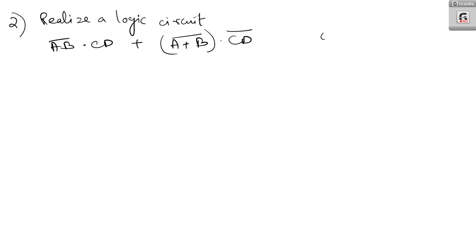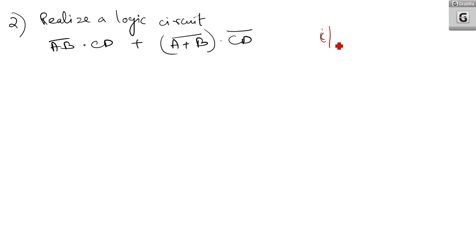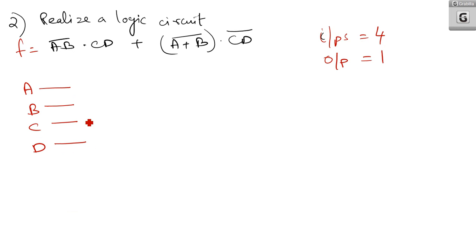So number of inputs. So here you have inputs. Number of inputs is 4. And you have only one output. Output is 1. Okay. So I am taking A, B, C, D. 4 inputs are there. First you need to calculate AB bar. So A is there, B is there. AB bar means it comes from a NAND gate. It is AB bar. Now CD. CD means it is AND gate. So you will get CD.